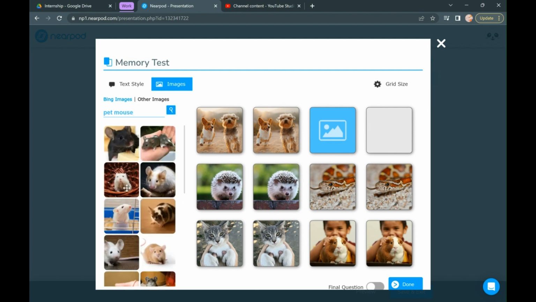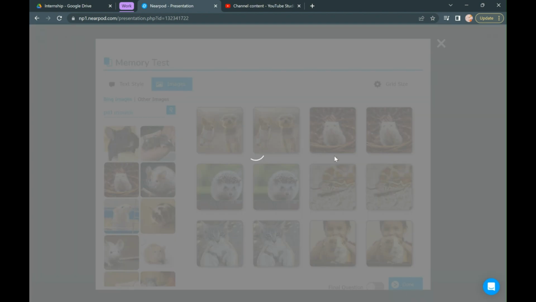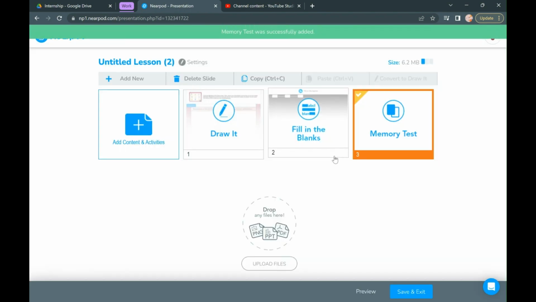There you go. So now, on your end, you're able to press done. There's also an option to have a final question, but just to practice, I'm going to press done. So this can be used for different subjects, but this memory test I think is just cute to practice with